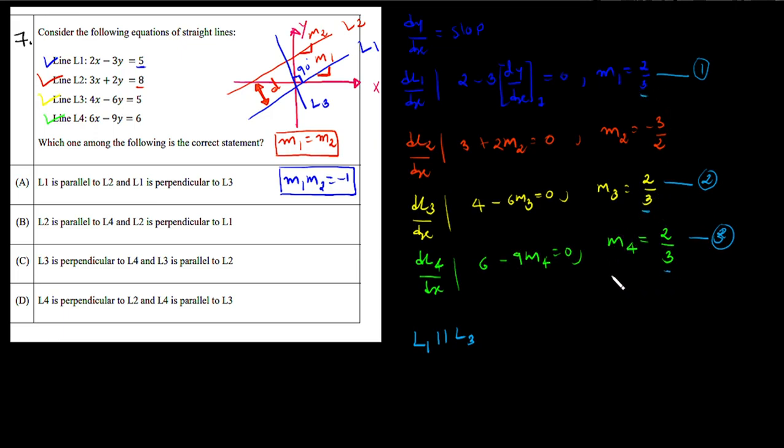Here also 2 by 3. So I can also say which is also parallel to the L4. So now let's find the perpendicularness of different lines. So now here if you multiply this m1 with m2,